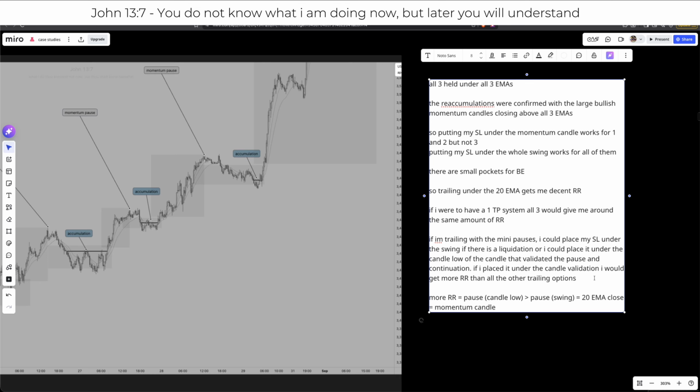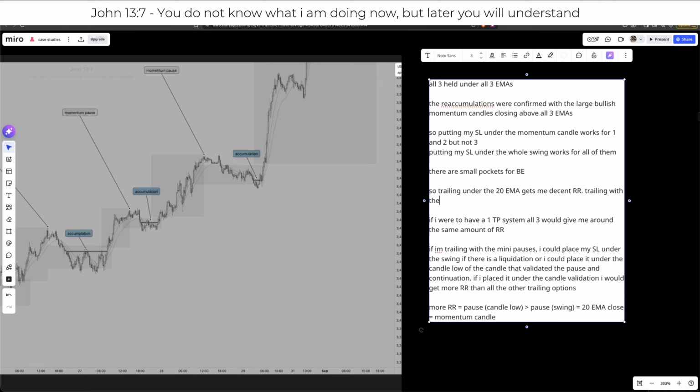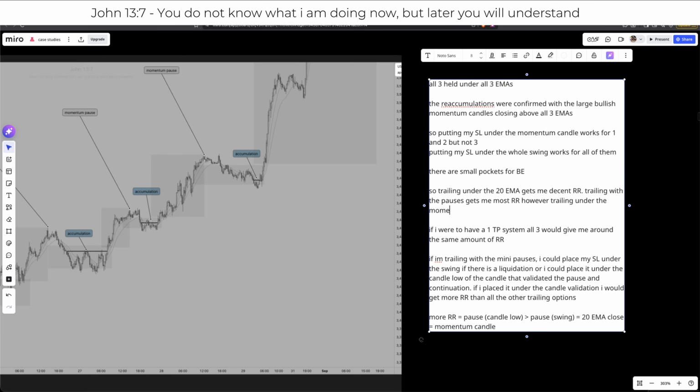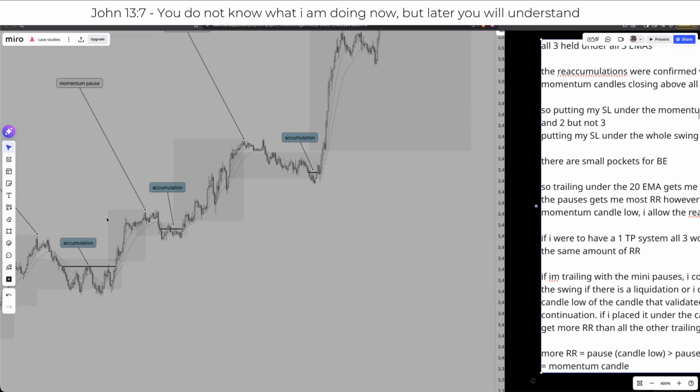If I'm trailing with the pauses, trailing with the pauses gets me the most RR. However, trailing under the momentum candle low, I allow the reaccumulation to occur. And if I were to do the momentum based off that, we're looking for true momentum